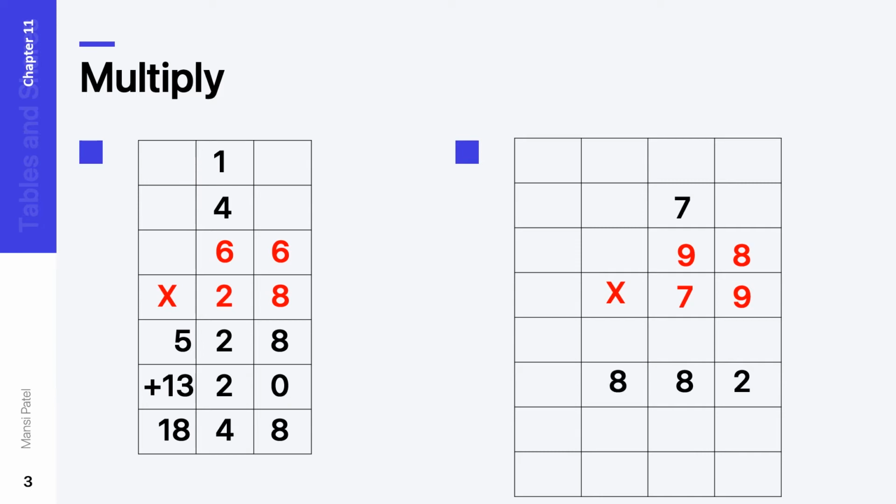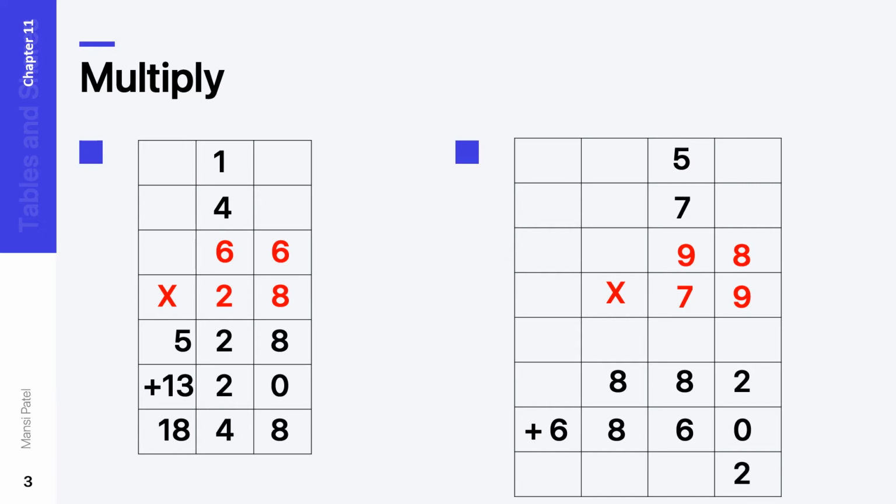Now we have to start the multiplication by 7. But 7 is in the place of tens. So first we have to put 0 and then we start the multiplication. So 7 eights are 56. 6 and 5 in the carry. Then do the multiplication of 7 and 9. 7 nines are 63. 63 plus 5 is 68.